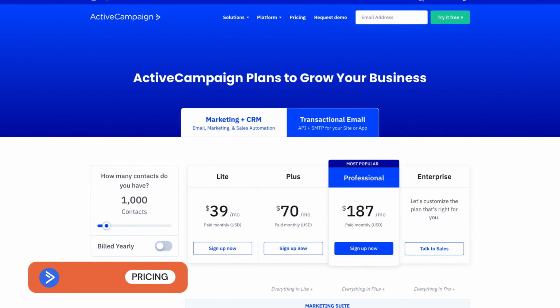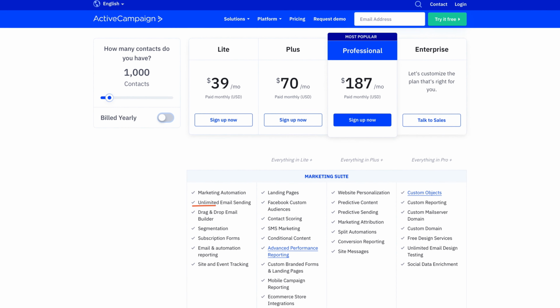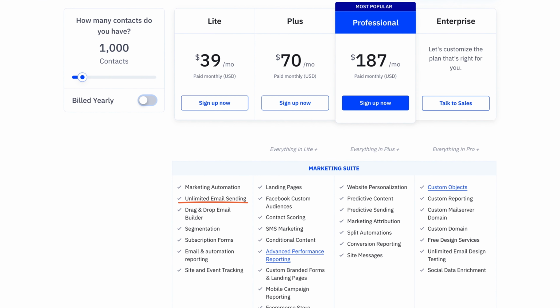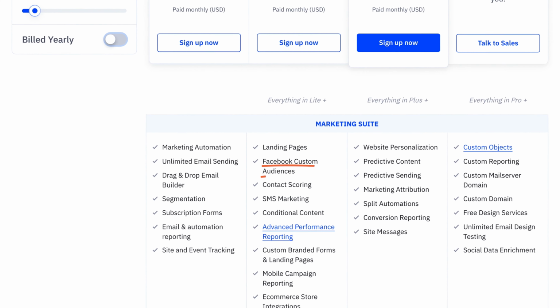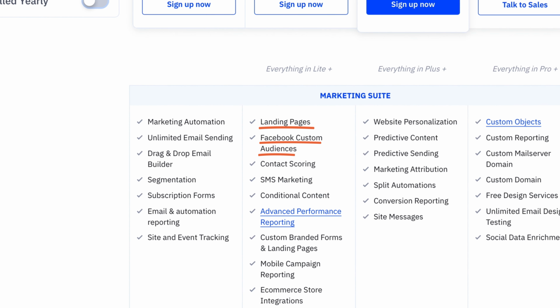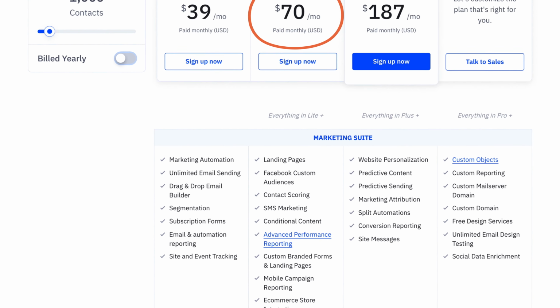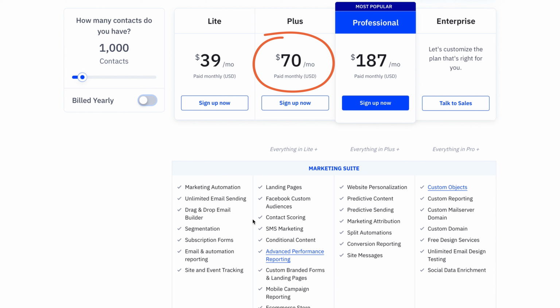Though ActiveCampaign doesn't offer a free plan, you do have the bonus of being able to send unlimited emails to your contacts. And all plans come with access to the marketing automation features. The Plus plan is for those who wish to expand into omni-channel marketing and manage their deals, contacts, and campaigns all in one place. You'll have access to Facebook custom audiences, be able to set up dynamic landing pages, send out automated SMSs, and you'll benefit from advanced performance reporting. Of course, it's not cheap. This plan will set you back $70 a month, though there is a discount if you commit to the whole year. For the most up-to-date pricing information, make sure to check out our website.